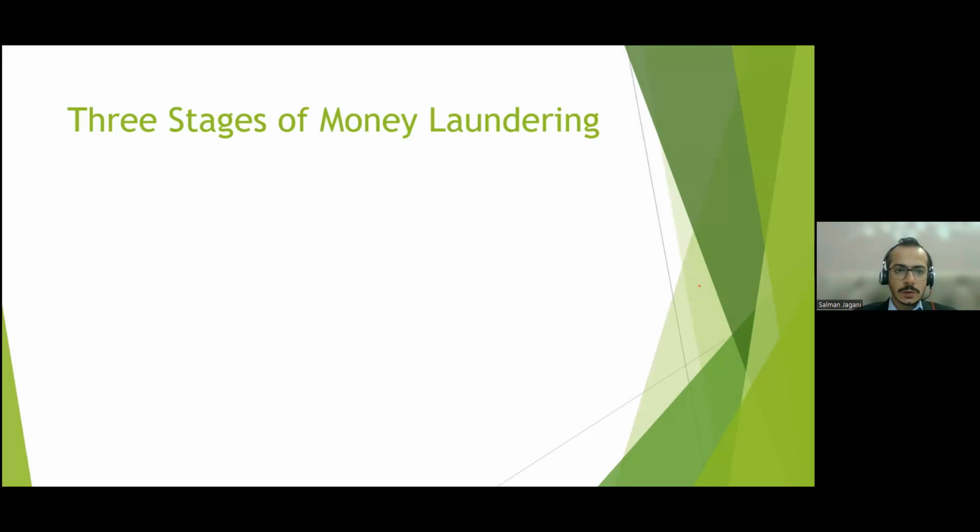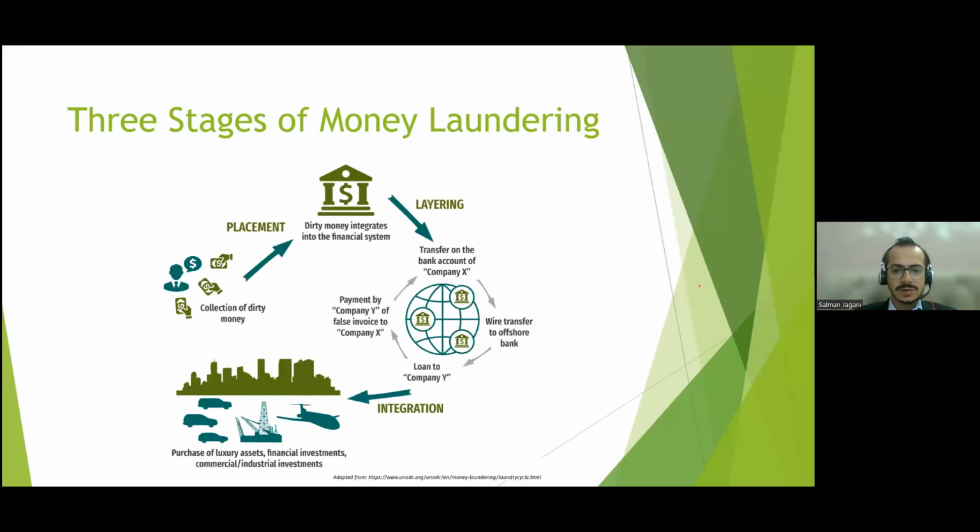So as we all know, there are three stages of money laundering. This is how money laundering takes place. It can be via trade, it can be via any other factor. Initially, the first stage of money laundering is placement, where all the dirty money from the illegal transactions is placed into the financial system. So how does it enter the financial system? Through trade-based money laundering, one of the main,